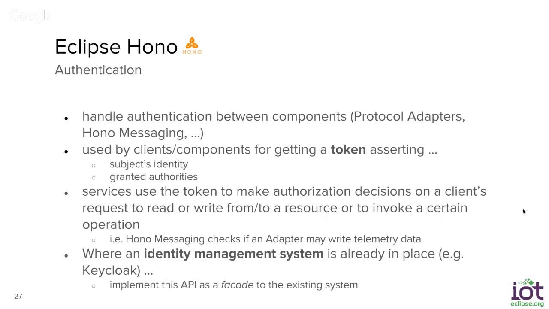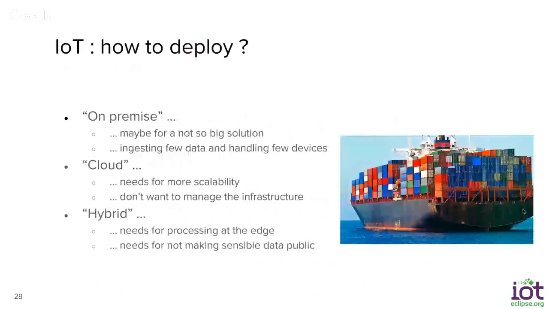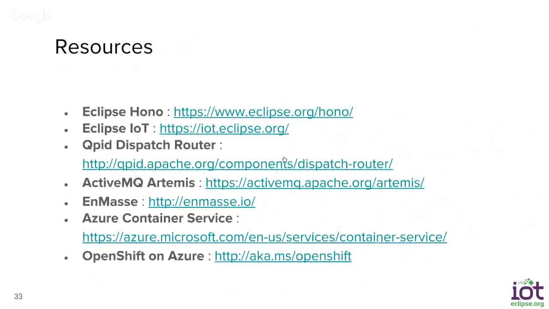Well, in case of Hono, all that we have is on the website. So the Hono homepage contains a lot of documentation for the APIs. We have some guides regarding deployment, regarding the architecture, basic concepts of identity and stuff. So reading through all of that material should give you a pretty good start.